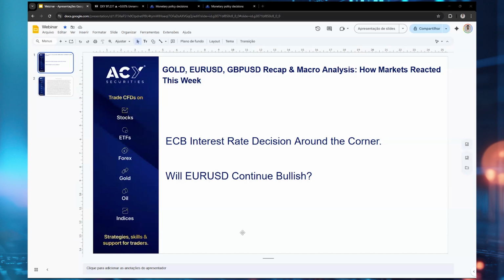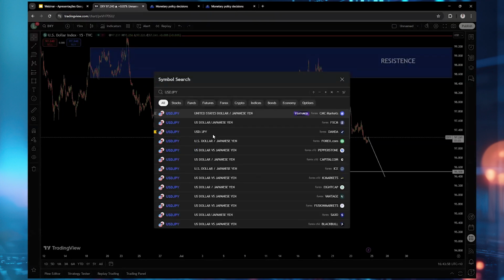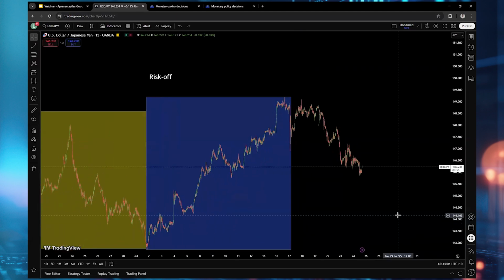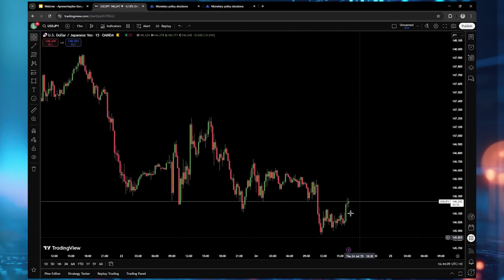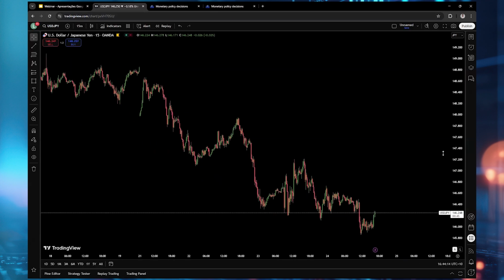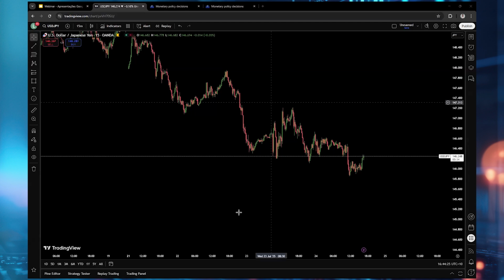How can we still trade US dollar, Japanese yen? Should I wait for price to break below 146 before shorting? It depends on your strategy, because the direction most likely is down. If you trade pullbacks, then that's a moment of entry, because we have that push down and we're sort of having a pullback. If you trade continuation, then you need to wait for breaks. If you trade Fibonacci, then you have to put your Fibonacci and see where the levels are. So this depends on your strategy, to be honest.